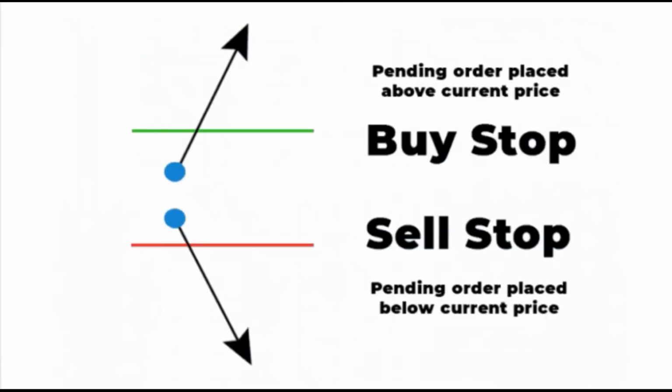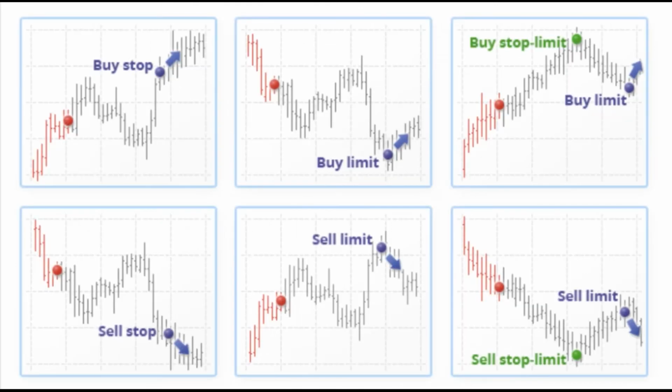Sell stop involves selling the security at a specific bid price in the future, if the price matches the predetermined price. Generally, the current price of the asset is higher than the predetermined price. These orders are placed when the trader expects the price of the security to reach a certain level and then continue falling. While placing pending orders, it's important to ensure adequate risk management through the use of stop loss